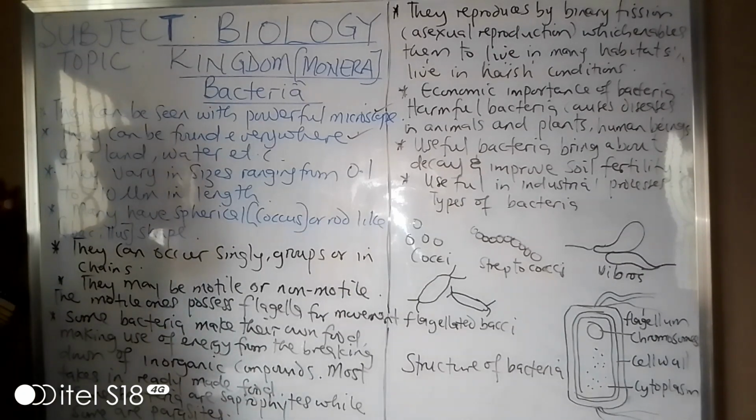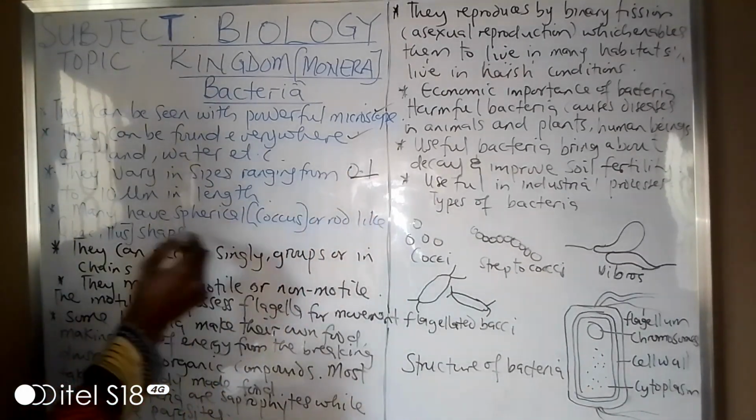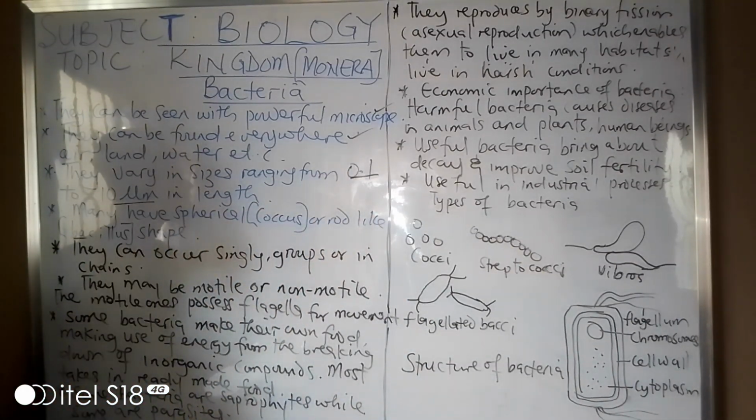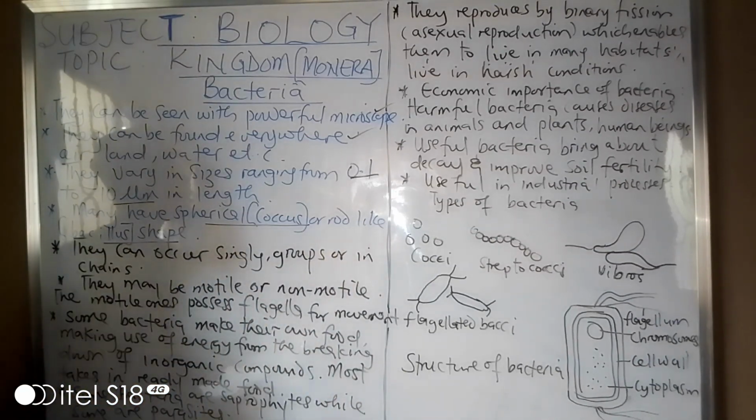Another thing is that bacteria vary in size, in terms of their length. Some vary between 0.1 and 10 micrometers in length. That means they are very, very tiny. Most of them have a spherical shape or a rod-like shape. You can find them in the form of a sphere, like a circle, or in a rod-like form, which is called bacillus, while the spherical one is called